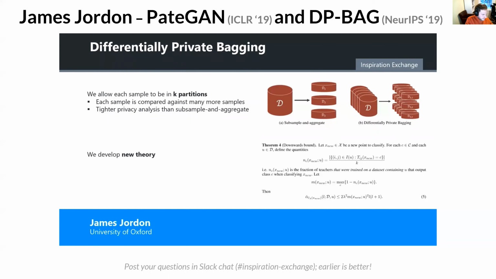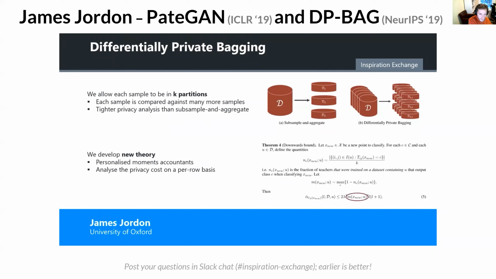We introduced the personalized moments accountant, which tracks the privacy cost per individual of the algorithm. Compared to the standard global moments accountant, we introduce a new factor m, which is bounded above by 1. Our personalized moments accountant is therefore bounded by the global accountant, and therefore DP-bag is guaranteed to achieve differential privacy at least as strong as subsample and aggregate, though in practice m is not always 1, and therefore the privacy